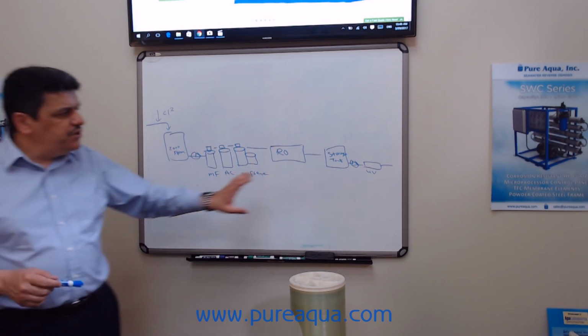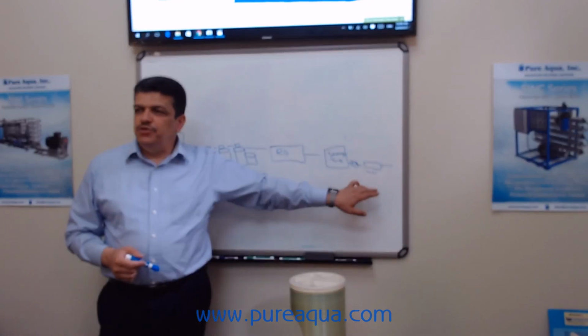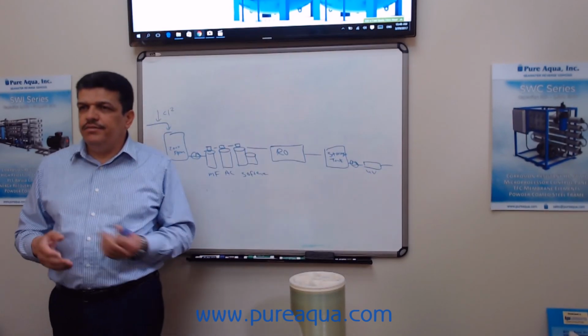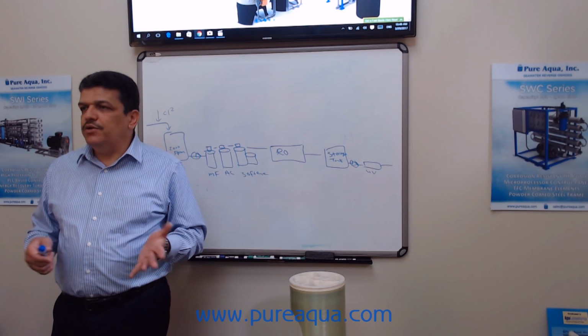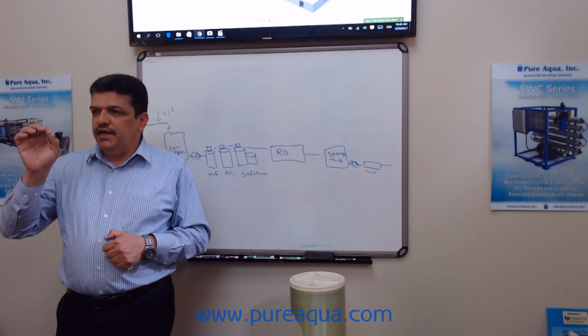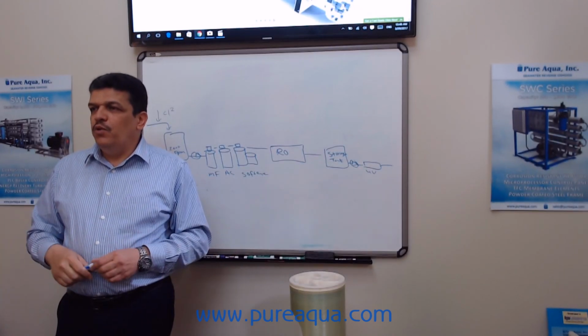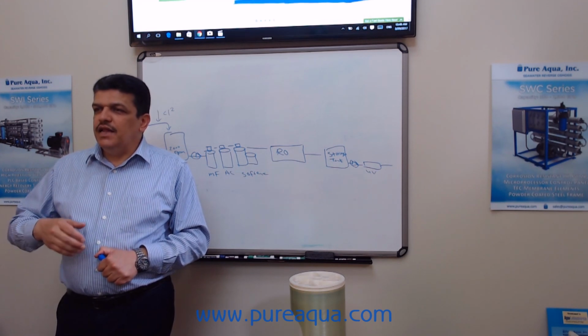Now, if you don't want to use the chlorine, some people will say I don't want to use chlorine. We would suggest to use the UV. Now, there is a good thing and a bad thing about the UV at the same time. UV is excellent because it's natural. It doesn't have any chemicals at all. The way it works, it just hits the DNA of the cell and destroys it, there's no more bacteria. While the chlorine, the good thing about it is